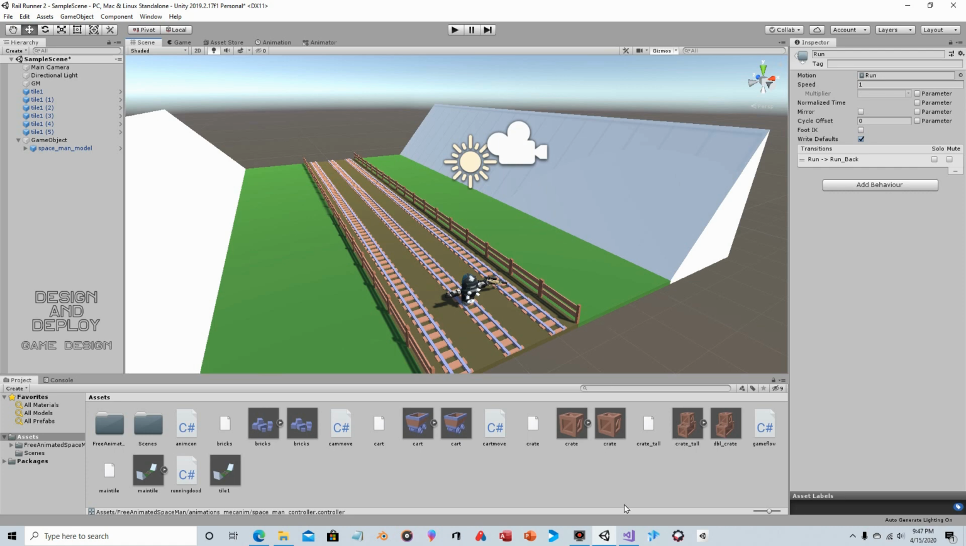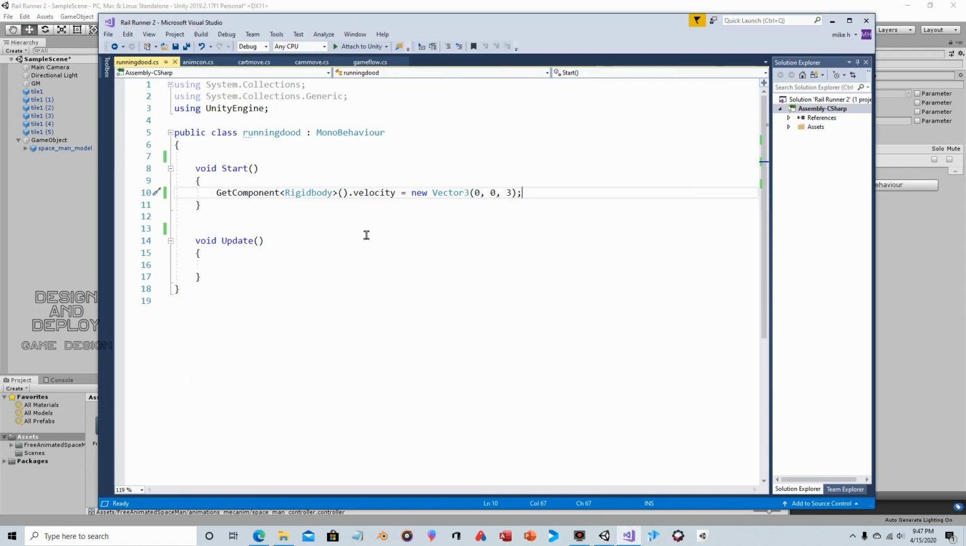So let's go back to our script. Since velocity is being controlled by the running dude script, which is actually the parent object, this is where we're going to be looking for the key press. So in the update section, and control tends to be, once again, iterative. You do something that works, and then you go back and you clean it up. So if Input, that's self-explanatory, we're looking for input from the player,